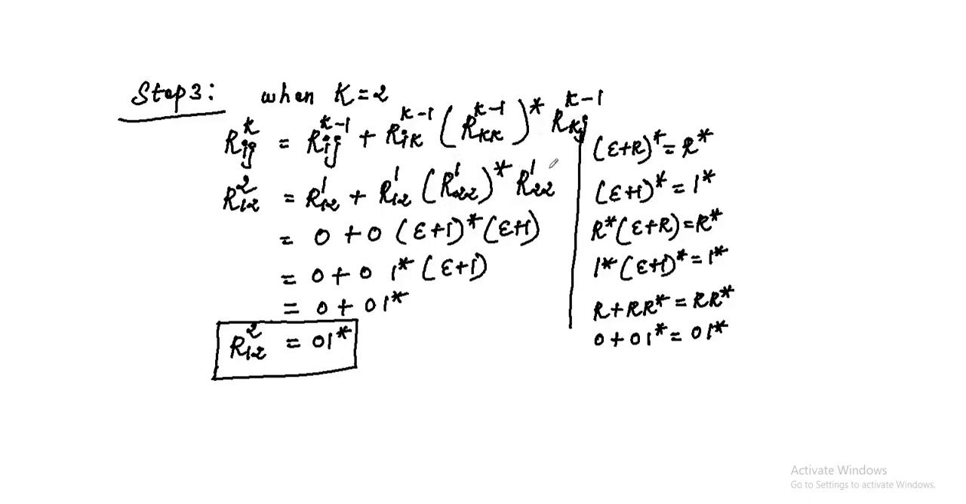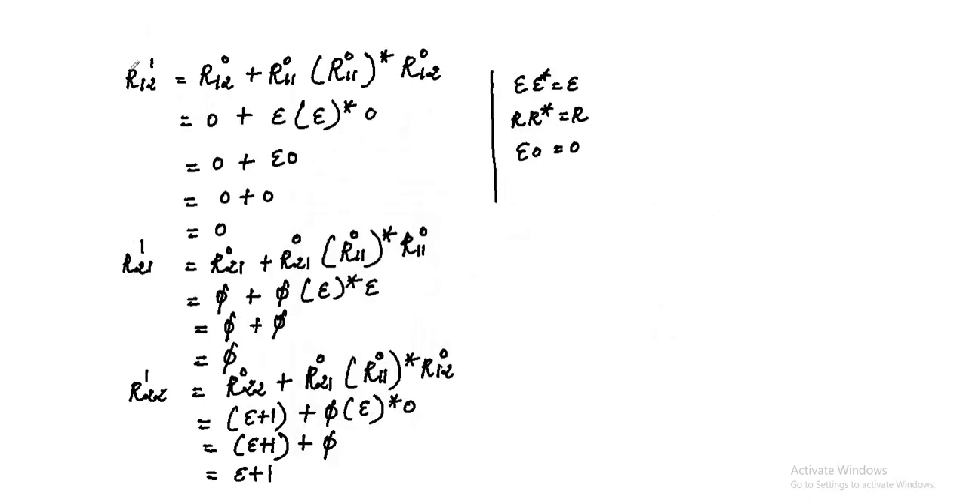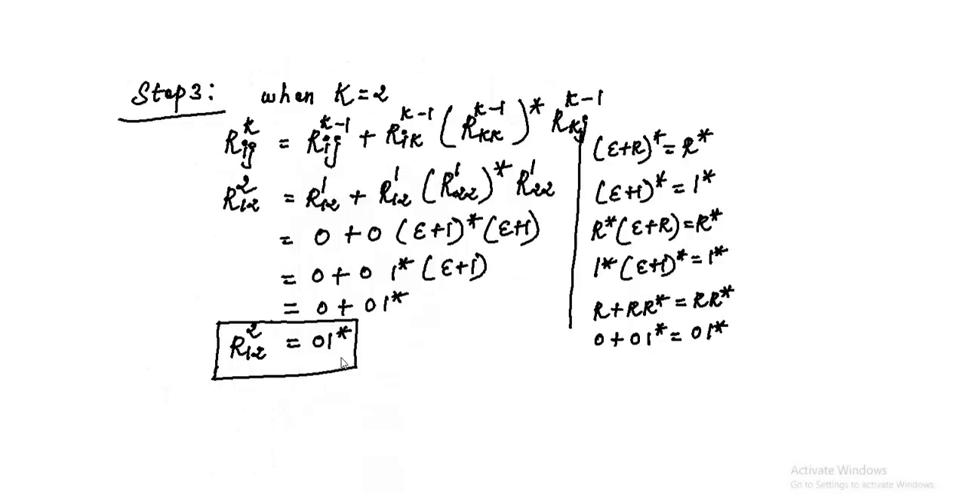Next rkj. K value is 2. R base k, j value is here 2. So k value 2, j value 2. R base 2 raised to the power k minus 1, 2 minus 1, R12 raised to the power 1. Look at the first step. In the first step, R12 raised to the power 1 is 0. Here you put 0. Next plus R12 raised to the power 1 is 0,